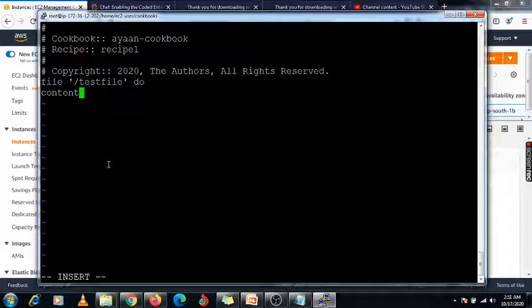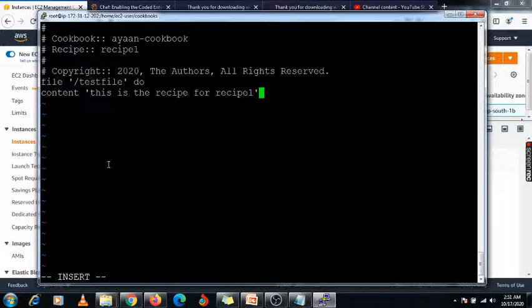Okay, so content, space, you need to specify the content, like this is the recipe, this is the recipe for recipe 1.